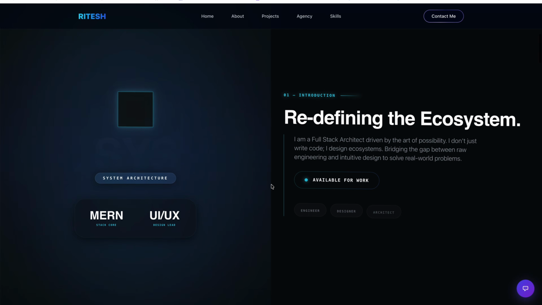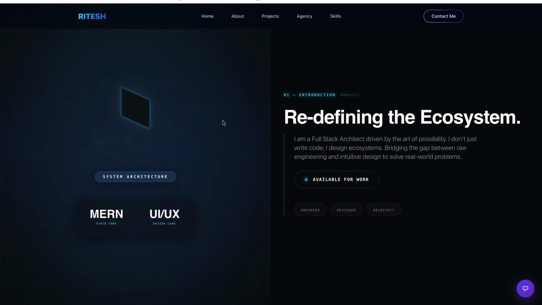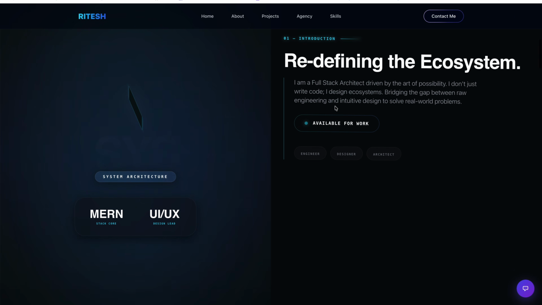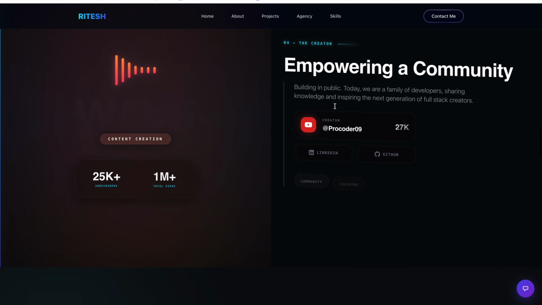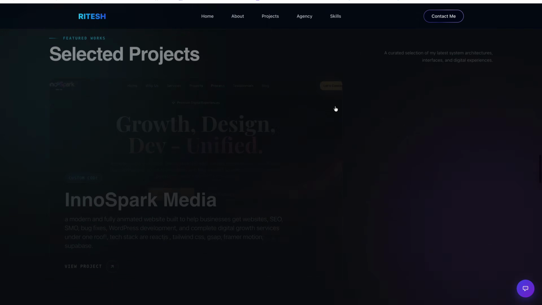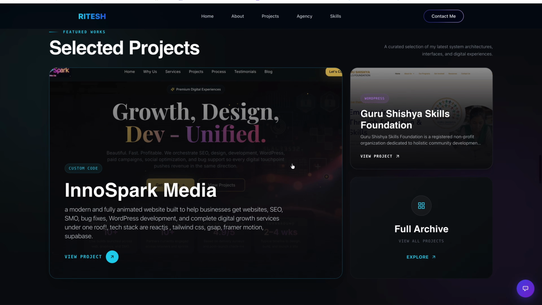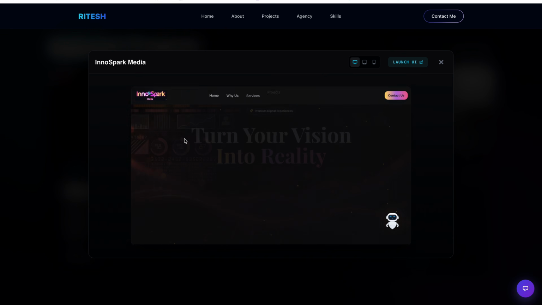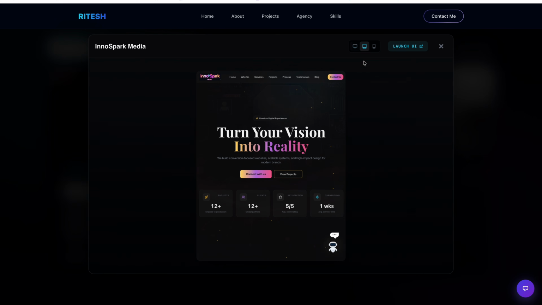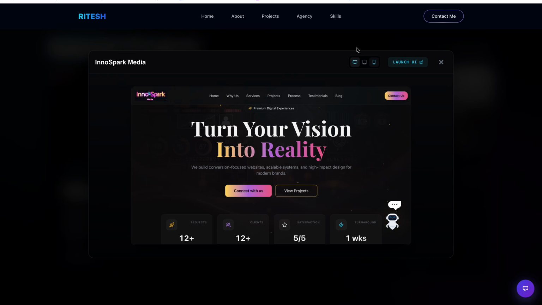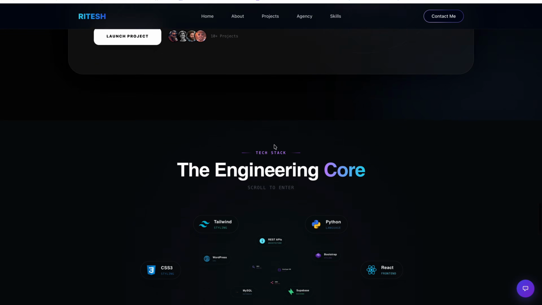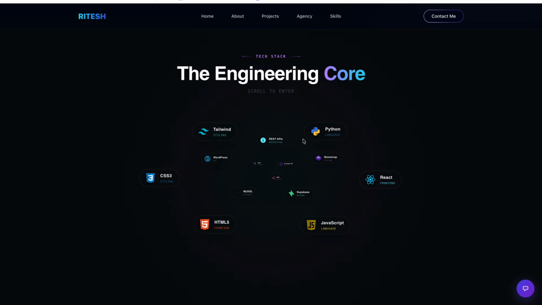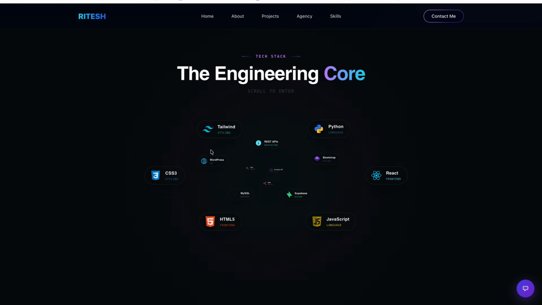Now if I go below, here is some parallax effect, like you can see the left side is just fixed and changing according to the right text. And now here comes the project section. You can just click here and see all my projects without changing the whole design. Now come below, here it talks about the InnoSpark Media that I have created. Okay, now comes below, here are my skills, and look at the scroll animation,